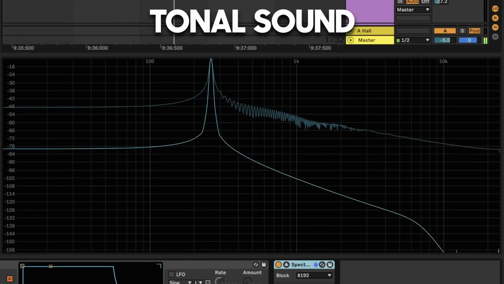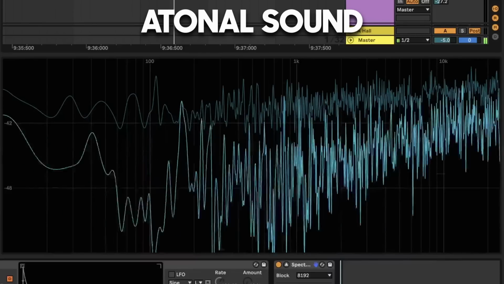That is the difference between tonal and atonal sounds, specifically in your bass frequencies. The difference between a tonal and an atonal sound is basically that a tonal sound repeats its waveform several times, creating a pitch. A sine wave would be a very classical example of that. A perfect example of atonal noise is, for example, white noise. It doesn't have a particular pitch. It doesn't resonate at a particular number of times per second. So it doesn't really sing. It doesn't have a particular tone.